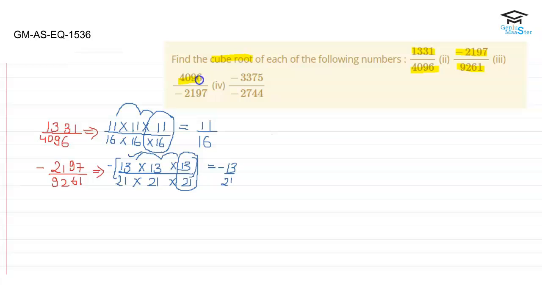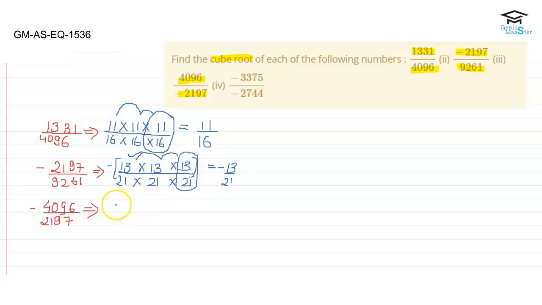Next we have 4096 by minus 2197. So continuing with the solution, 4096 by 2197 negative. So if we factorize